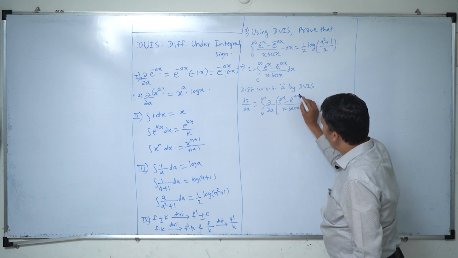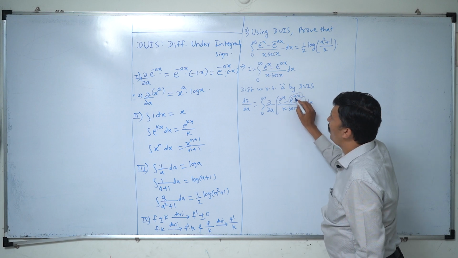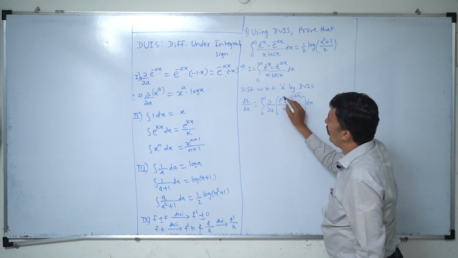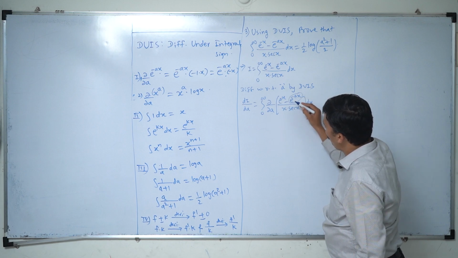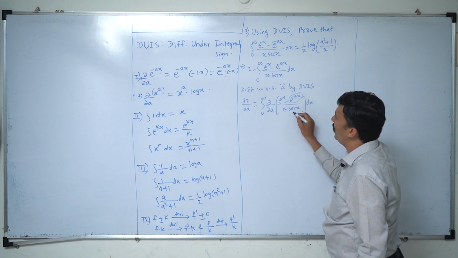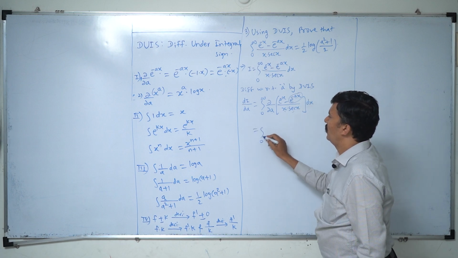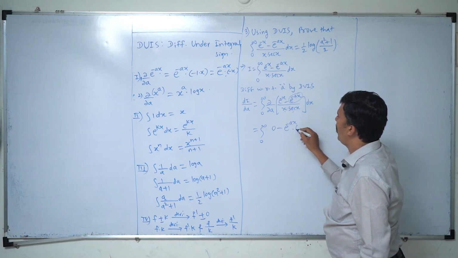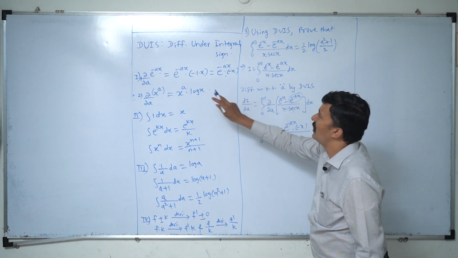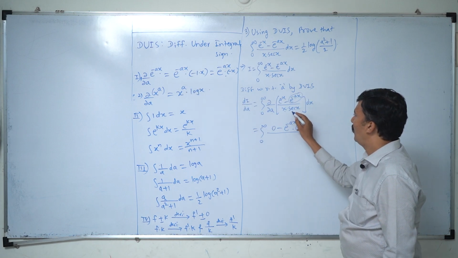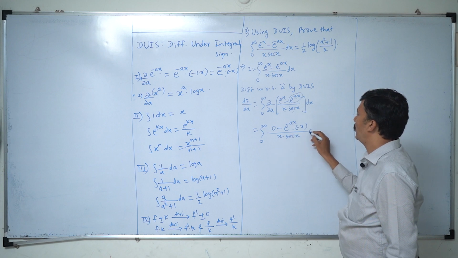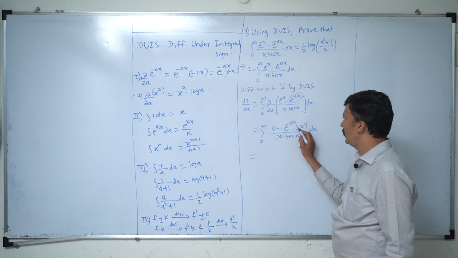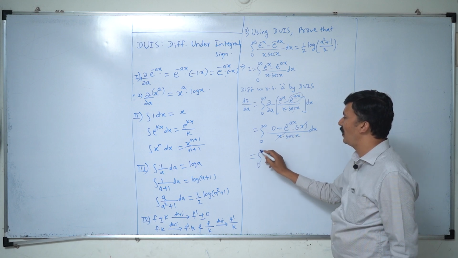Now observe where the term of a is. So this is the term of a. What is the relation with this term? Subtraction. So this term becomes 0. What is the relation of the term of a and this term? Division. So we have to keep this term as it is. So what is the answer then? This term becomes 0, and we get e raised to minus ax into minus x, the derivative of e raised to minus ax, upon x into sec x dx. So this x and x get cancelled, and minus into minus becomes plus.